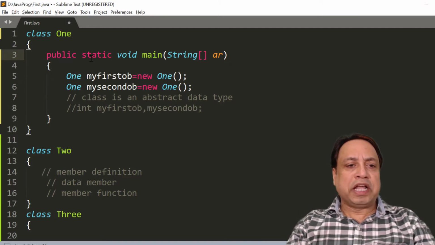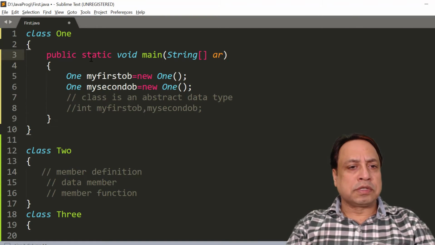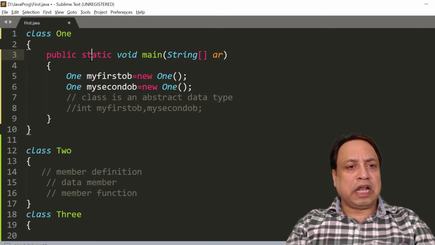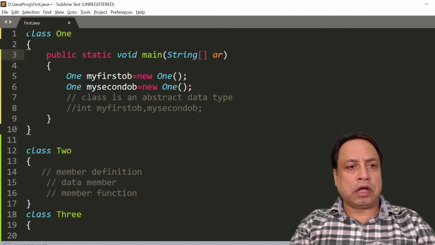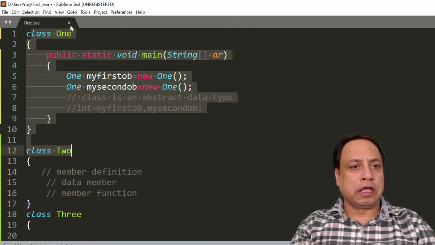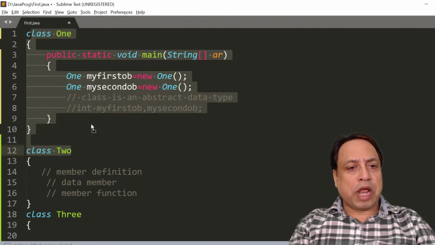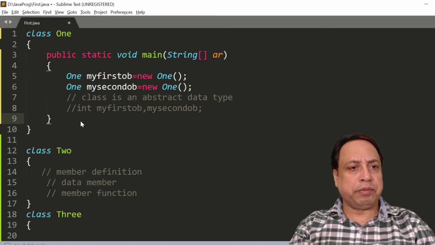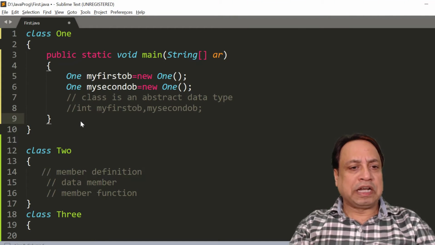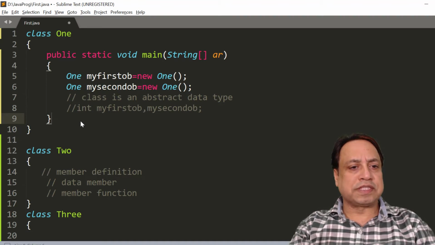Now this is one recommendation to all the programmers, that the name of the program should be the name of one of its classes. Like इस program के अंदर हमने 3 classes लिखी हैं. The first class name is 1, the second is 2, and the third class is named as 3. So इस program का जो नाम है, although it is free, you are free to write any name to this particular program, but it is recommended that this program should be saved as with the name of its class.